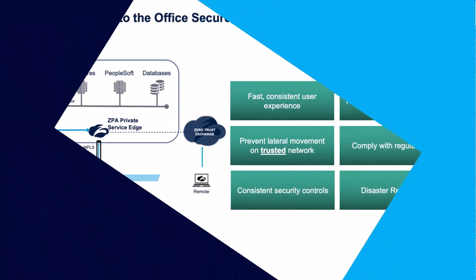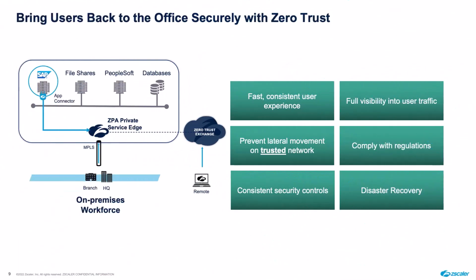So users may be on or off network. During the pandemic, users were working from home, connecting through the Zero Trust Exchange to their private applications. We had visibility and control of those users, the applications they're accessing, and the endpoint. However, when they move back into the office and they're placed back on the network, the actual level of security drops. So how do we provide the same consistent user experience, the same control of what those users are able